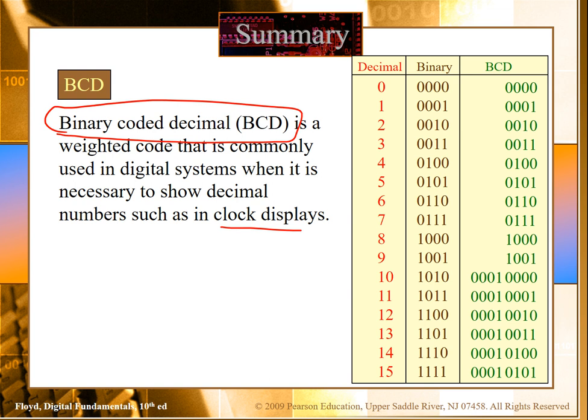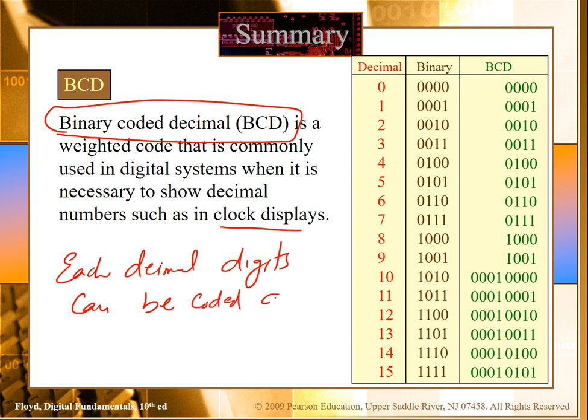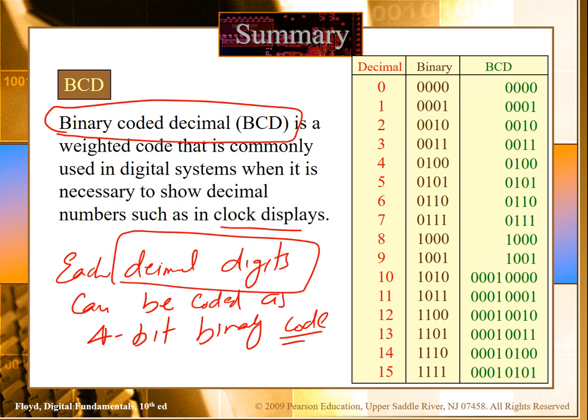So basically in binary coded decimal, each decimal digit can be coded as a 4-bit binary code. Remember, each decimal digit.